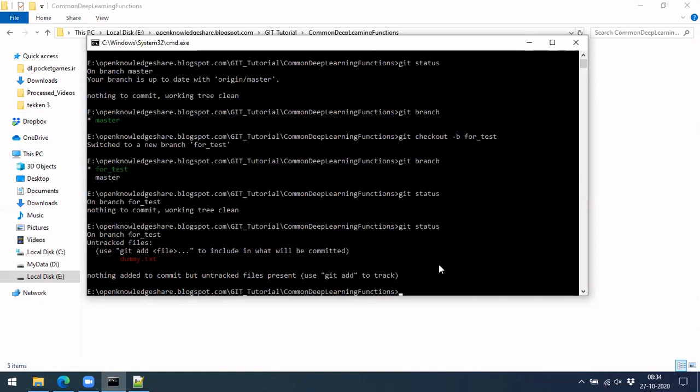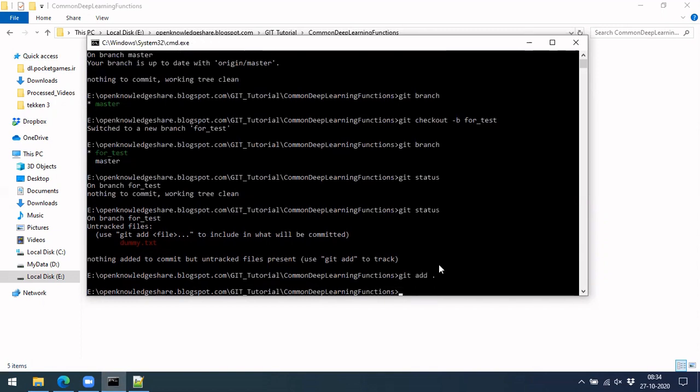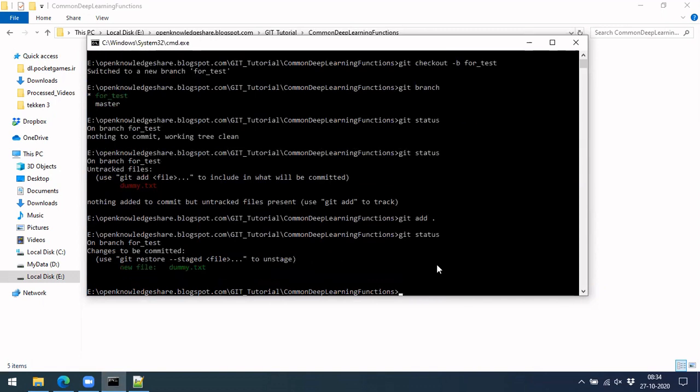If you want to add it, you should do git add dot. These are a few commands which I'll give you the list of, so don't worry about that, you'll get used to them slowly. Now that you did git add, if you check the status, it says changes to be committed, new file. This is a new file being added. It shows in green when newly added, and it will show as removed for dummy.txt if you are removing it.